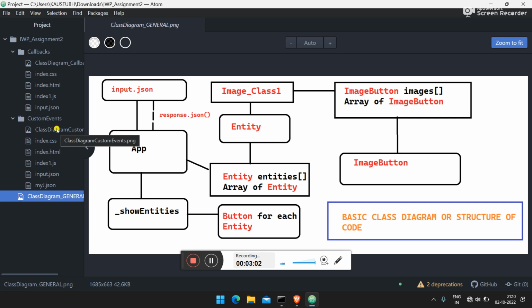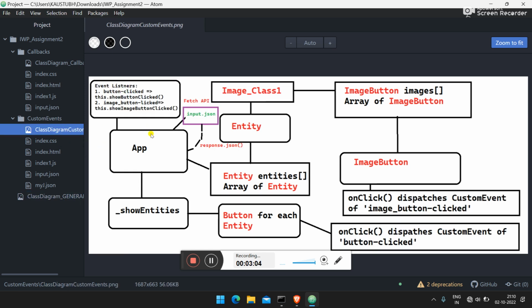Let me now explain what I have done in custom event. In custom event, the button for each class is created using show entities. After that, on click it dispatches a custom event of button clicked, and here we have event listeners. For button click, we execute this.showButtonClick. So document dispatches that event, and here it will be caught,